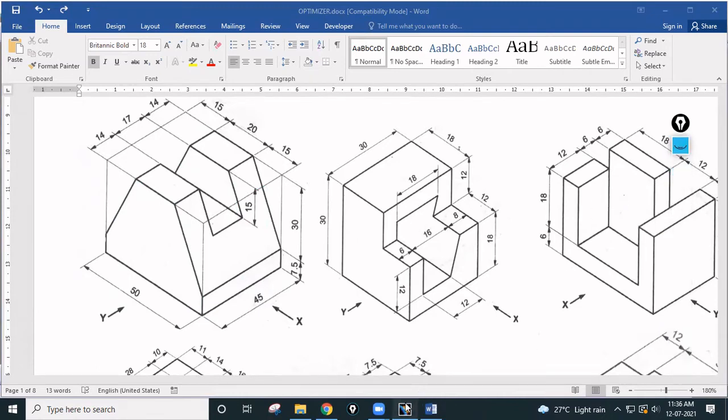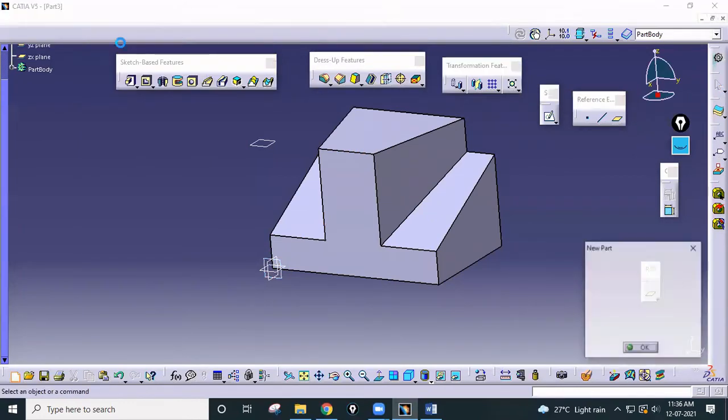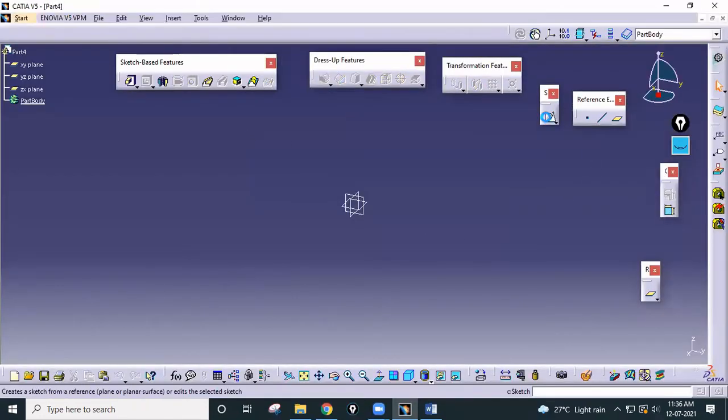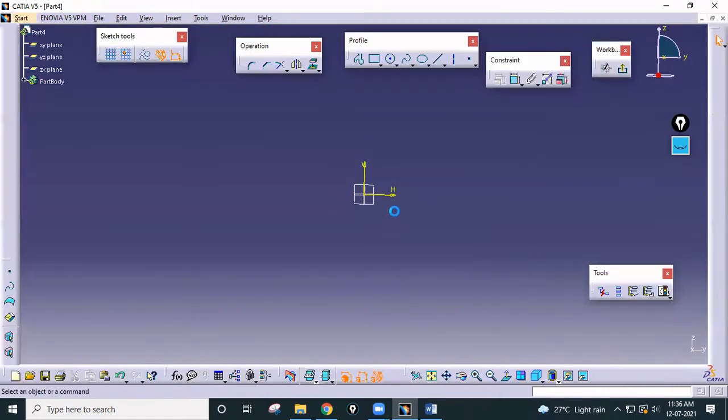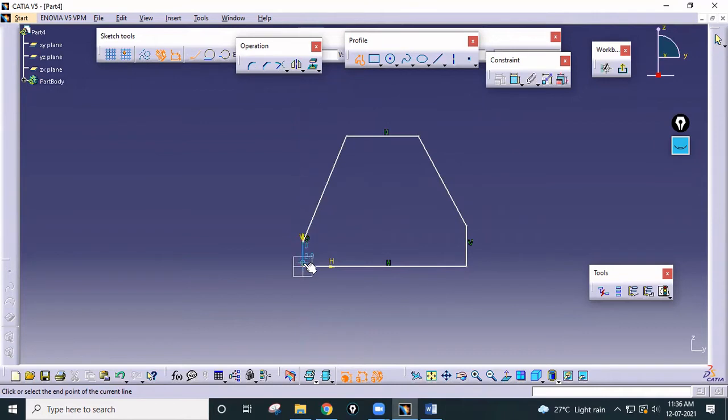So coming back to CATIA, just you have to draw that profile. Go to File, New, Part. Okay. Click on this sketch, select this face, and now just you have to meet here. Okay.